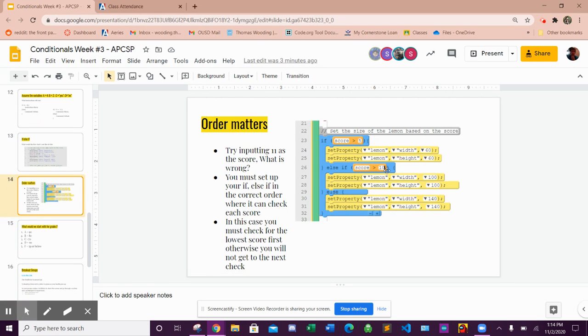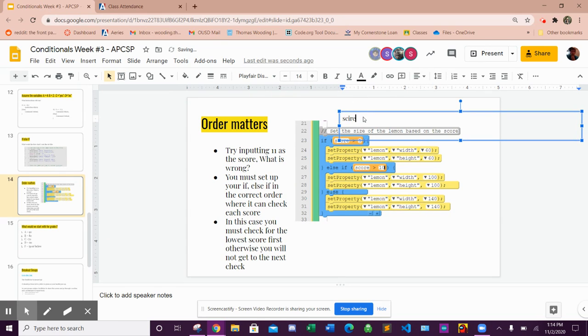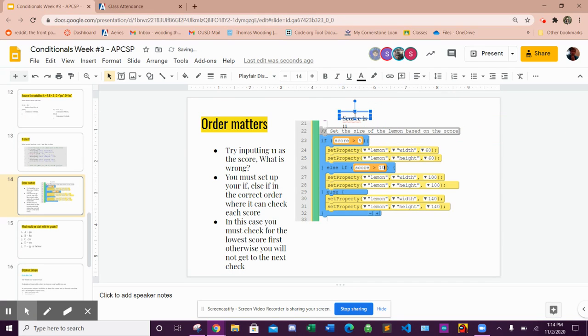Here is a good example of why. This is that same code. If you're going to say the score is, let's say, 11. So I'm going to insert a text box and say our score is 11. Make sure I spell that right. That gives us, this looks bad. Okay, there we go. Score is 11. When we go through this code,